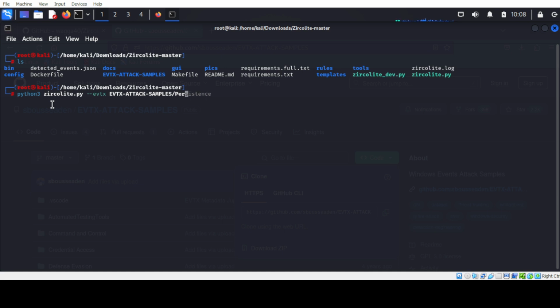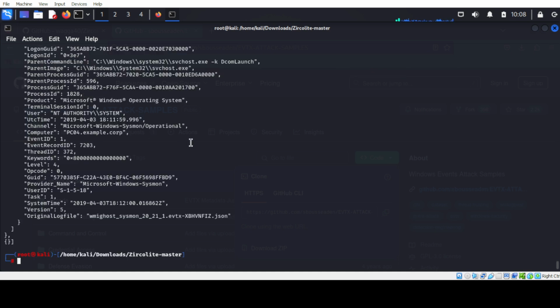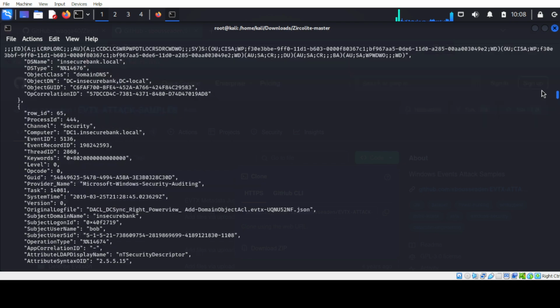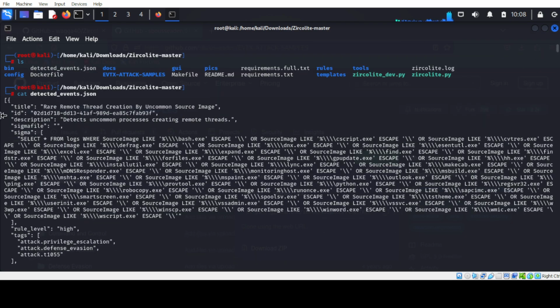Okay, now if we want to check the content of the output file, I simply type cat detected-events.json. See, a lot of detail related to each event is present. Here you can see the title, rare remote thread creation. This is the malicious event.